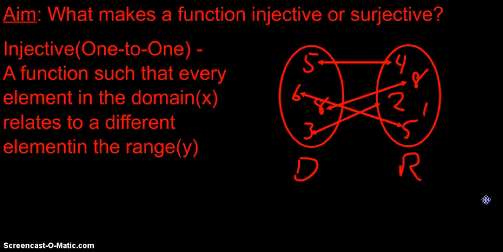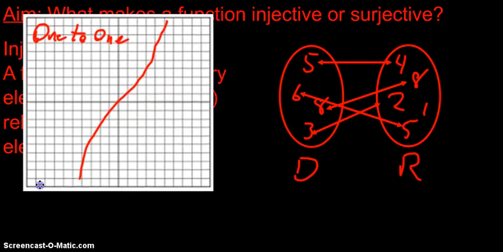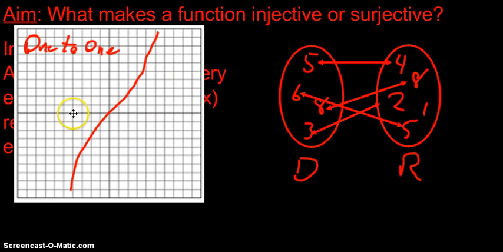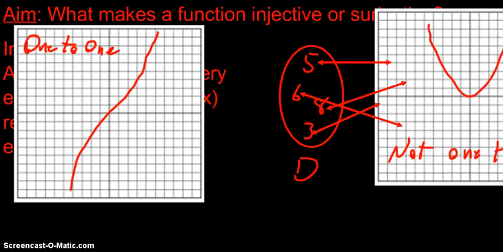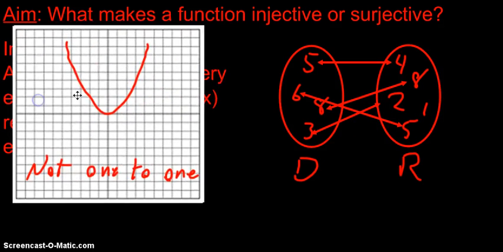Let's take a look at an example. We look at this function. Every x has a unique y, so negative 4 goes down here to negative 9, and 0 goes to 0, and 4 goes to what looks like 6, but they're unique. There's no repeated y values. Unlike in a parabola, where some x's actually have the same y value, such as when x is negative 1, we get a y of 1, and when x is 1, we also get a y of 1,